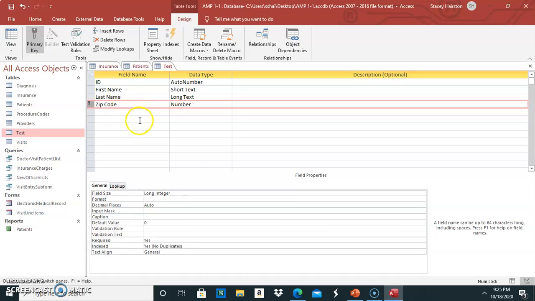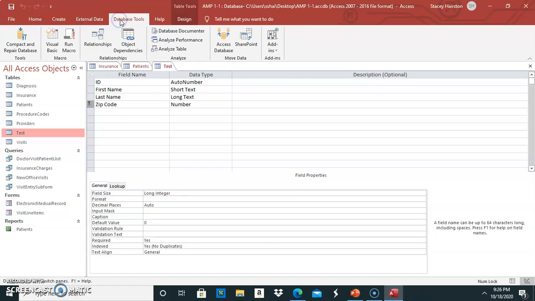The point is each of your tables has to have a primary key, and you can have as many tables as you choose within your database. You just have to make sure each of those has a unique identifier, which is your primary key within each of your tables. Now, how do you relate tables? The purpose of having your primary key is to identify the uniqueness of each table in order to relate them together. So if we go to